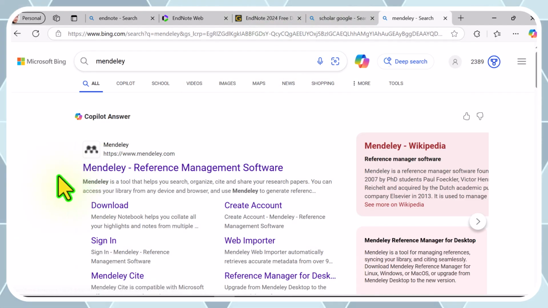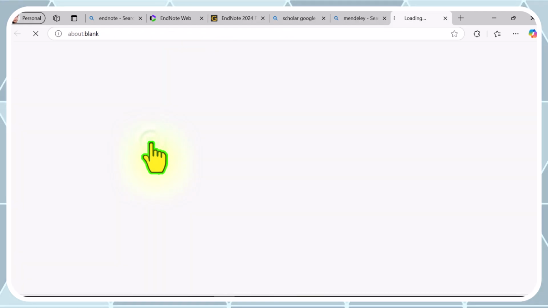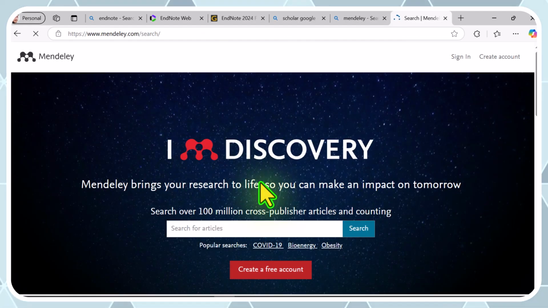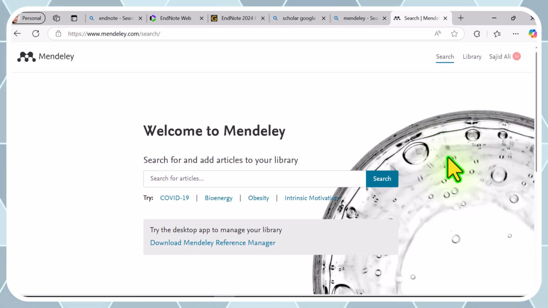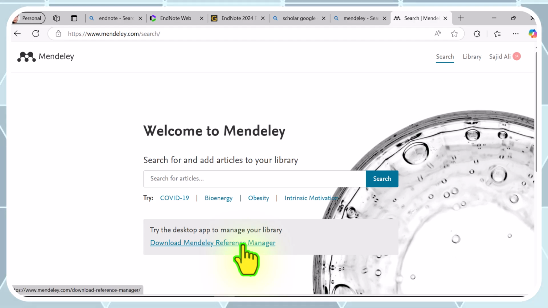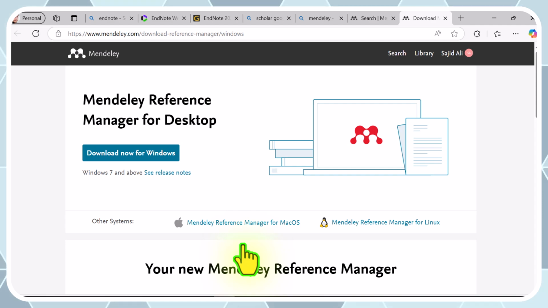You will be directed to the official website of Mendeley. Create a free account, and since Mendeley is free, my account is already logged in. So you see, my reference manager is also downloaded on my desktop. So you have to click on the download Mendeley reference manager, and once you click on that, you will